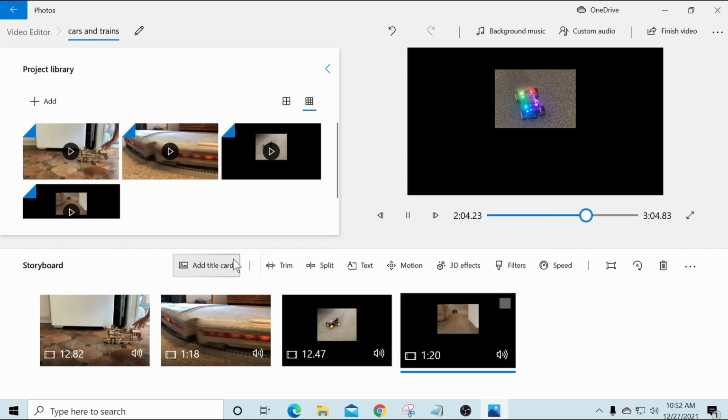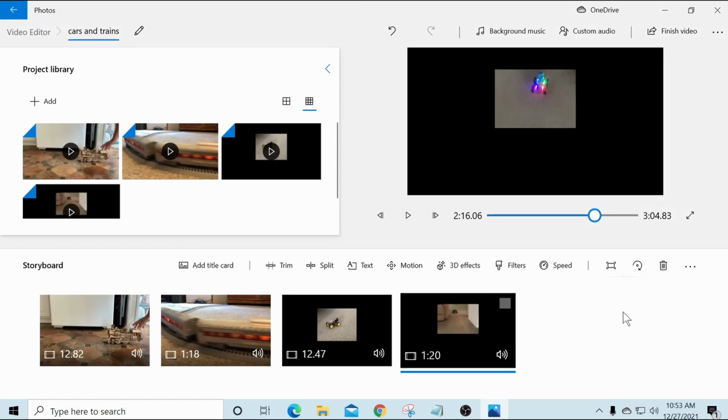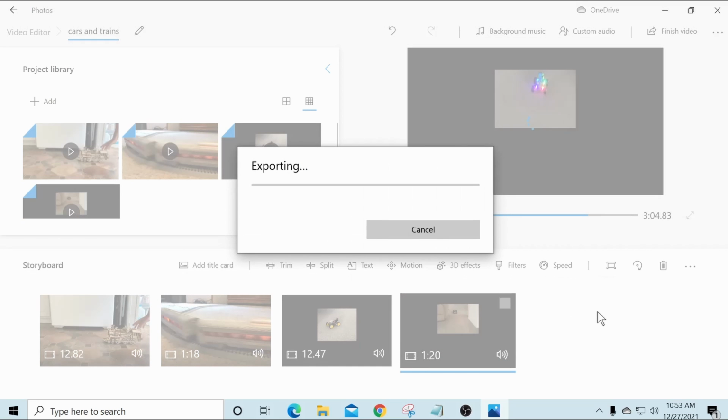Again, you have a lot of options here. You can trim some of the videos. You can split the video, filters and speed. I'm going to just stop that for now, and I'll show you again how to finish the video. You go here to finish photo, actually finish video, sorry, and do an export. And we already have one at the beach. Let's call this cars and trains. We'll say export,